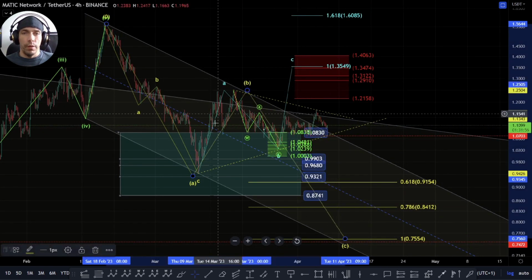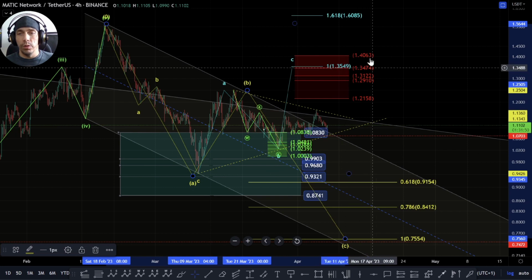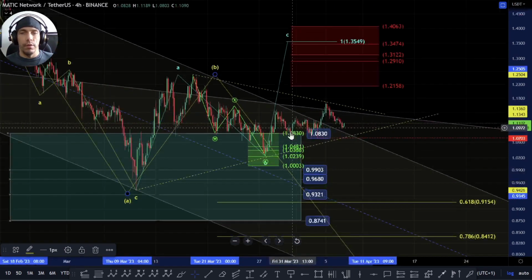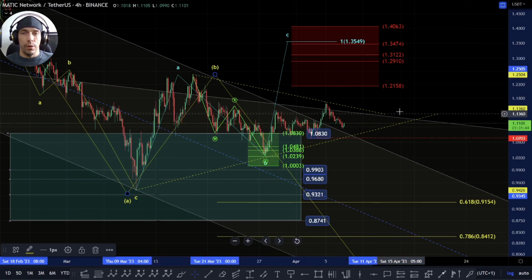Where potentially we form this blue ABC to the upside here, 1-to-1 being this $1.3549. So this is still possible, keeping an eye on it, seeing if we're going to get this break up here. The thing is, within this structure, it is quite choppy, and it is sort of within this contracting shape here. So just keeping an eye on this to see whether, in fact, this is just a triangle here, and